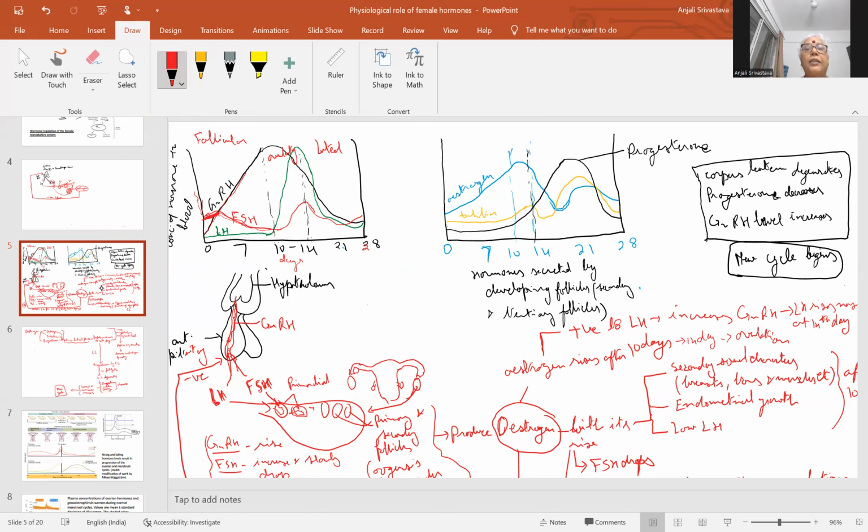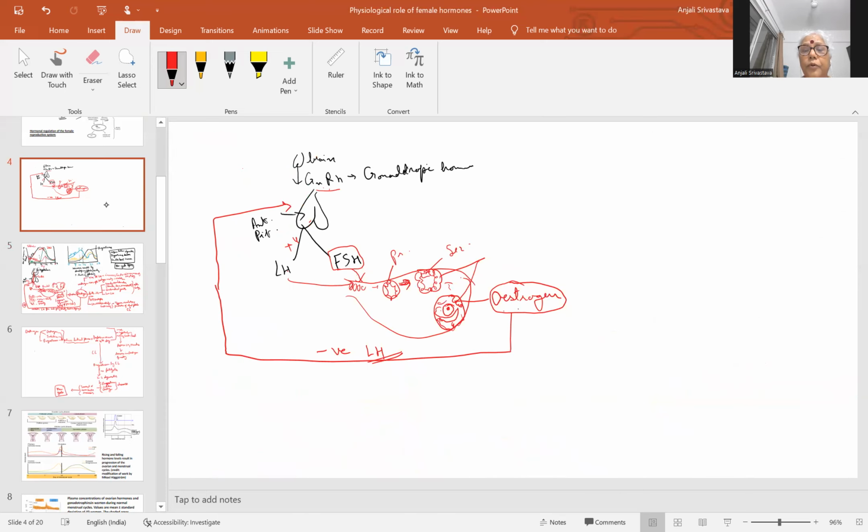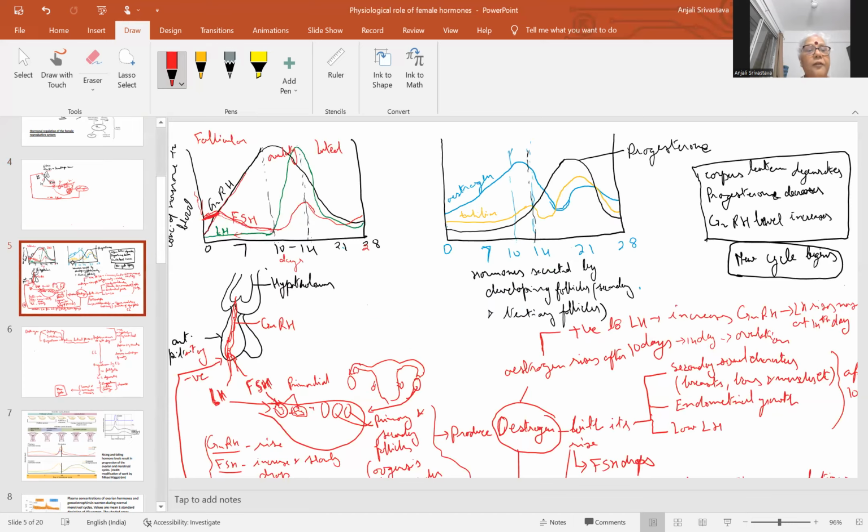LH को जब हेल किया जाता है स्टेडी लेवल पे, तो उसके साथ साथ follicular stimulating hormone or FSH comes down to some extent, and when this FSH comes down, it enhances the LH production as well as the estrogen also. जो we have seen कि estrogen भी produce हो रहा है, और LH का GnRH भी LH को प्रोड्यूस करता है. तो 10th डे के आसपास sudden increase is observed in LH, and that reaches a peak on the 14th day,